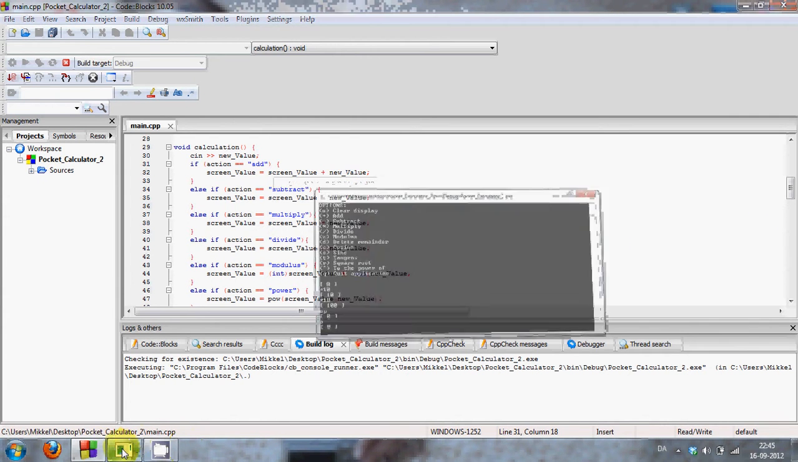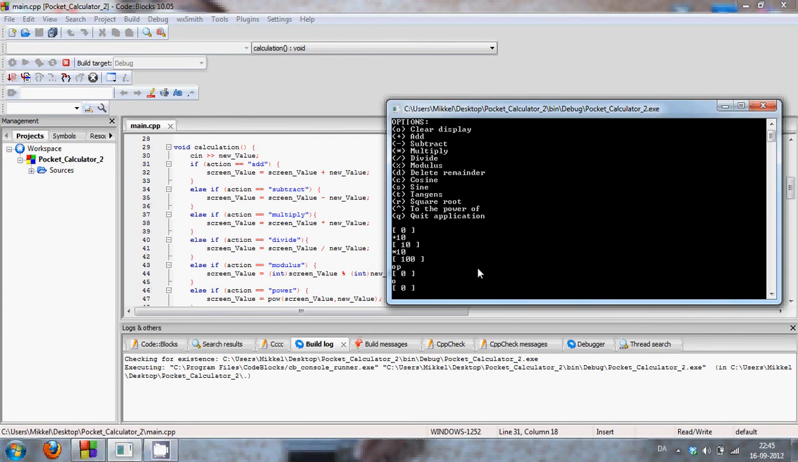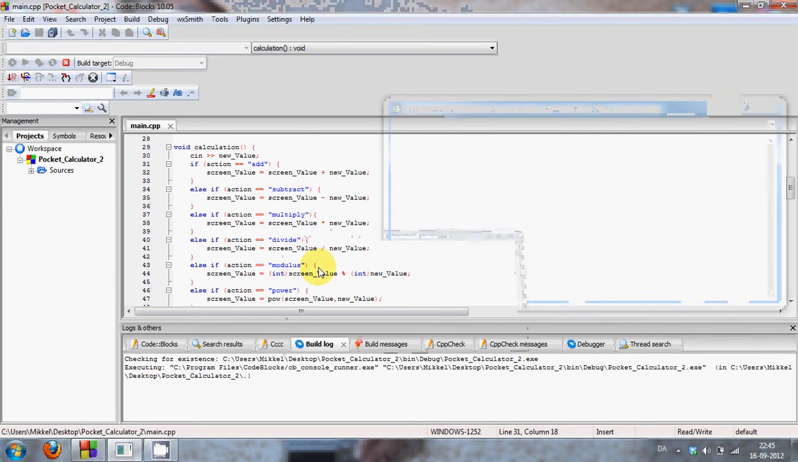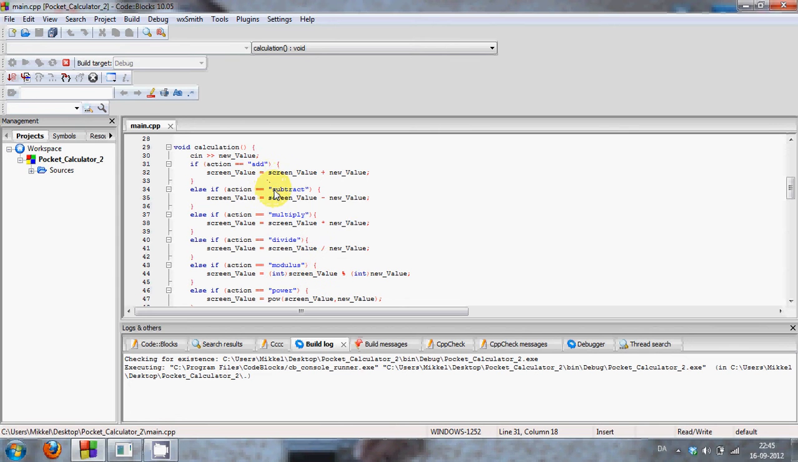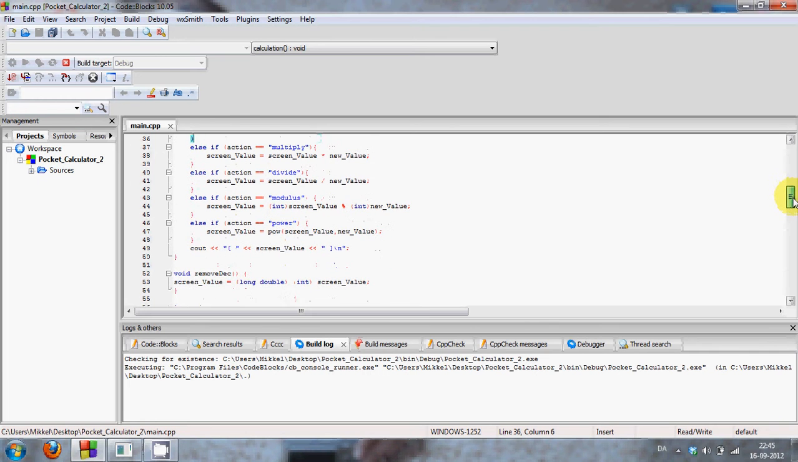Anyways, we can go to the program, check if the plus thing is working. I have 10 in my display and I want to add 150, and it gives me 160, which means it works. Exactly the same with the subtract. Here I have an else if the action is equal to subtract. I set the screen value to the screen value minus the new value. And same goes for multiply, divide,